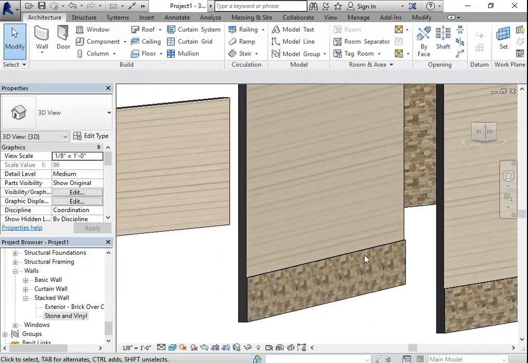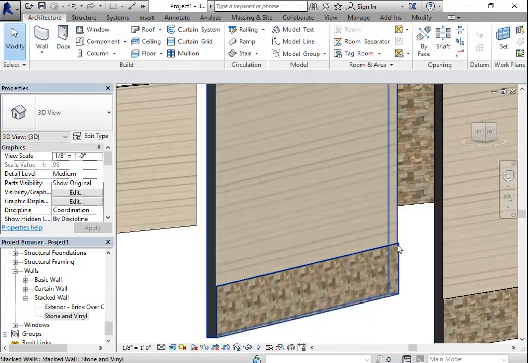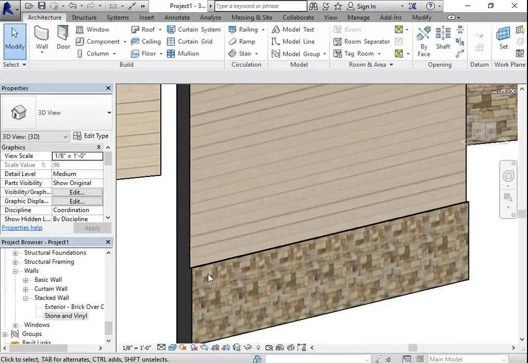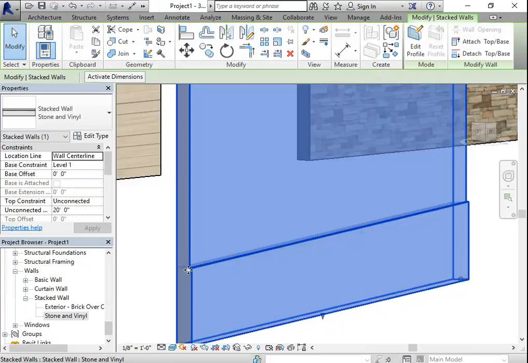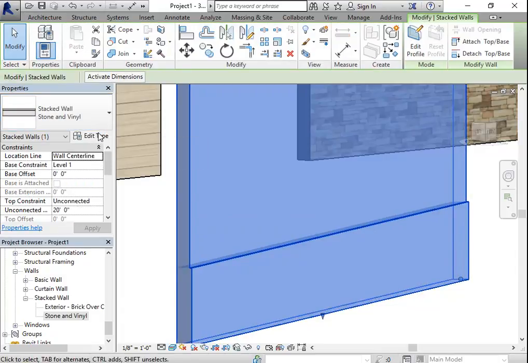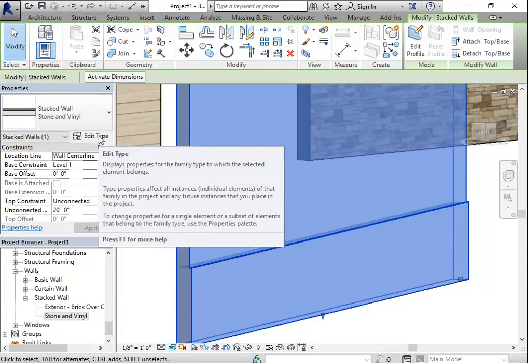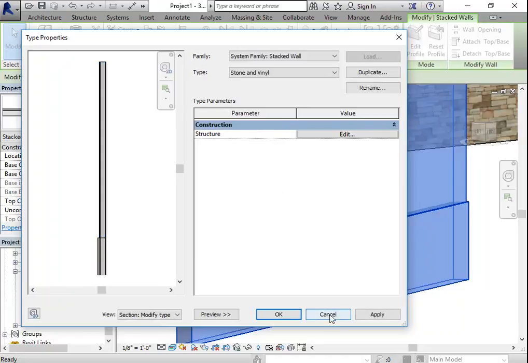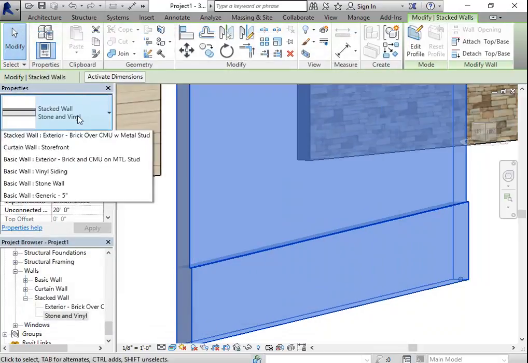And as I zoom in, you can see that the first part of the wall is stone, the second part of the wall is the vinyl siding. And the last thing that I'm going to show you is how to just put a little cap block on there. So if I click on this wall, I could go into my structure, but I'm not going to be able to put any kind of reveals or sweeps into that. So what I actually have to do is I have to open up my